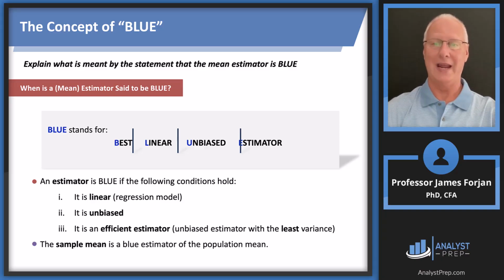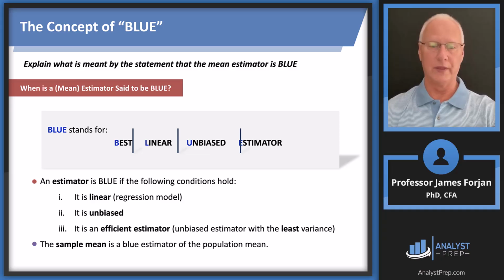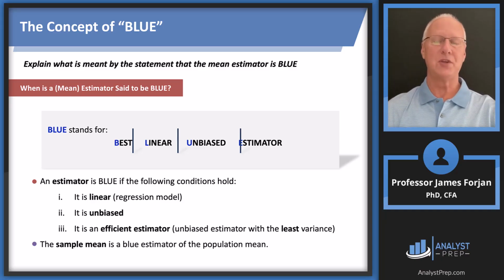It has to be linear and it has to be unbiased. So we talked about that, and that's the estimator. So BLUE, there are the conditions. This is a good exam question. Has to be linear, has to be unbiased, and has to be an efficient estimator, which means that, imagine a graph